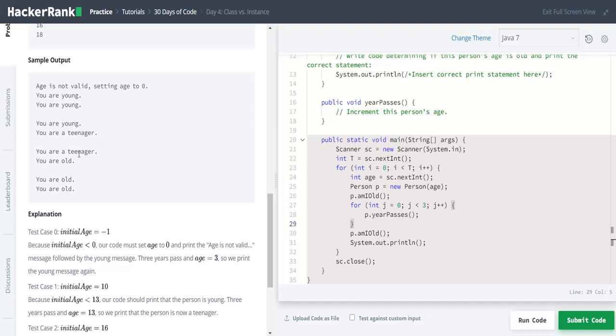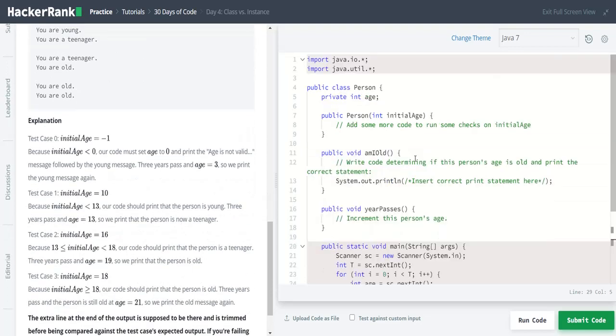Similarly, you are a teenager, and as it is incremented, the incrementation takes place between the ages, not only by 1. Here we will increment by 1, but it will change from one statement to another statement. So as you can see, young will be incremented to teenager, and teenager will be incremented to old, and old is not incremented to anything. So old is old only. So let's get started.